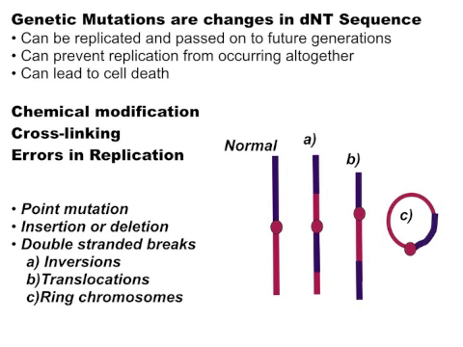Let's take a look at the classification of mutations that can occur in DNA. These mutations, as we saw, can occur through chemical modification, through cross-linking, or through errors in replication. They can result in things like point mutations, which are a single deoxynucleotide change in the sequence. They can also cause insertions or deletions of deoxyribonucleotides, so adding more deoxynucleotides than is normal or taking some away. Double-stranded breaks can also occur in the DNA, and these double-stranded breaks can cause things like inversions, translocations, and ring